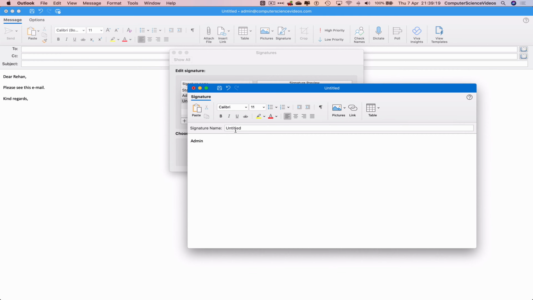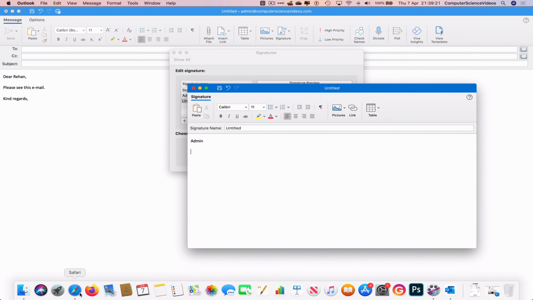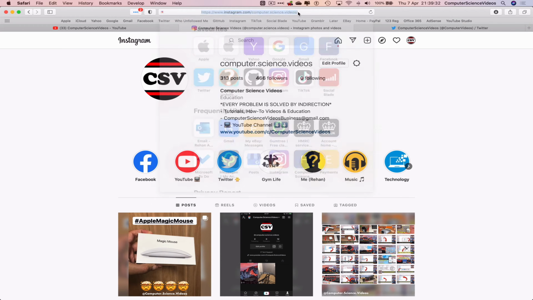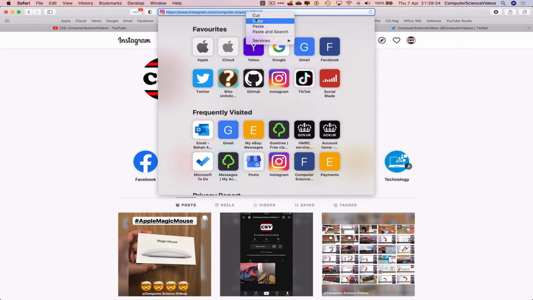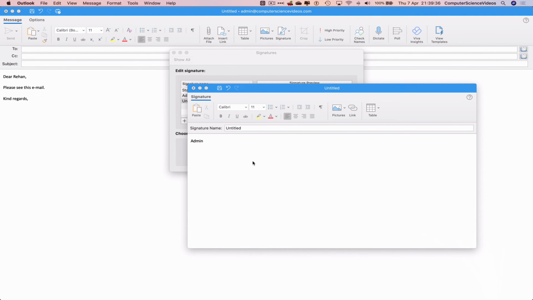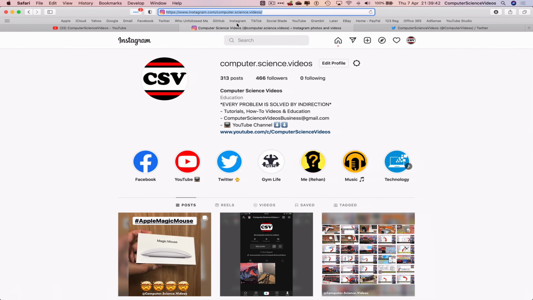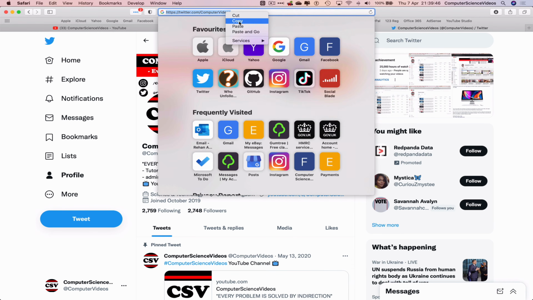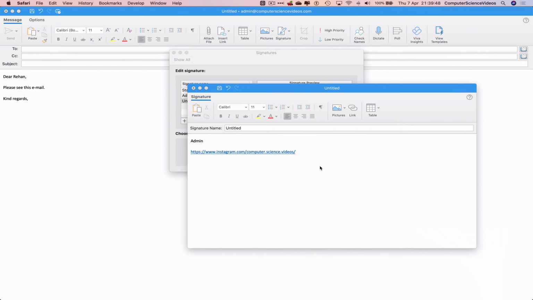Admin, let's now go all the way down to the dock, go to Safari. Let's now copy the URL for my Instagram. Copy, minimize, paste, go to a new line, go back to Safari, go to Twitter, go to my Twitter URL,